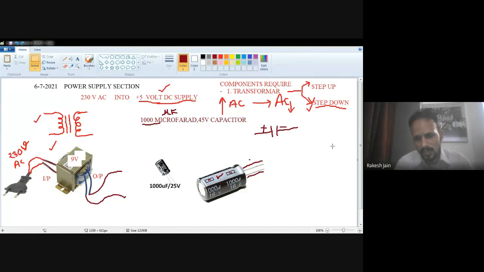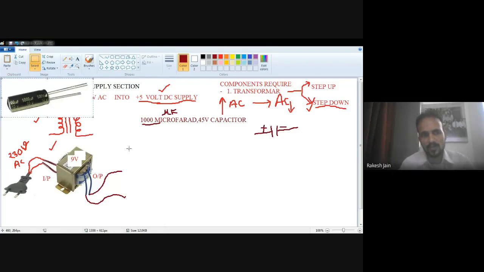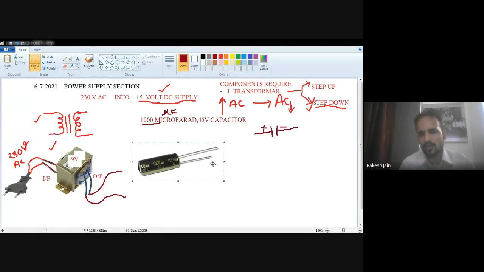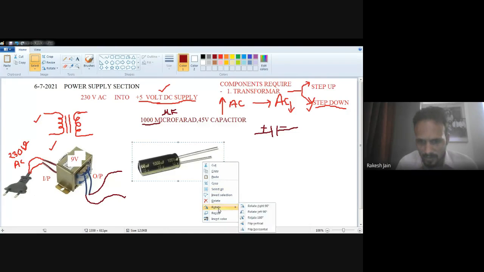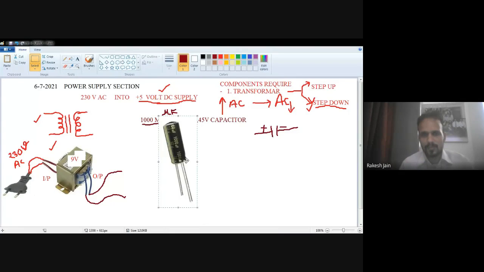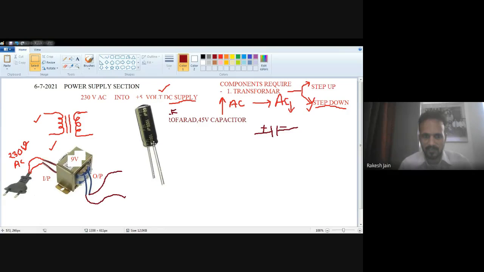Okay. We have to connect an electrolytic capacitor. So let me connect an electrolytic capacitor of 1000 microfarad, such that the plus terminal is connected with the upper side and the minus terminal is connected with the lower side. Okay. So I'm just bringing one more image of the capacitor. See this one. These are electrolytic capacitors. This is also an electrolytic capacitor. Here 1000 microfarad is written. See this one. This is a perfect image for this capacitor.